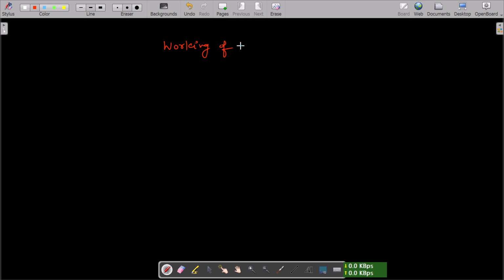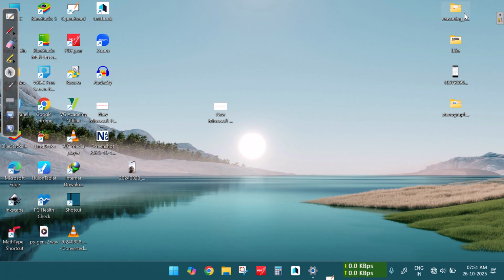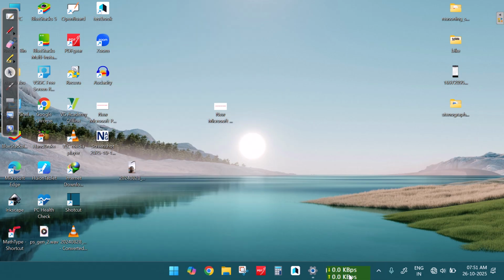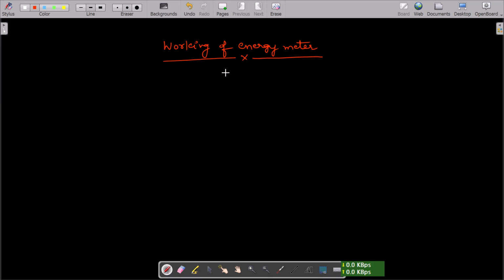Working of energy meter. Basically, in an energy meter,